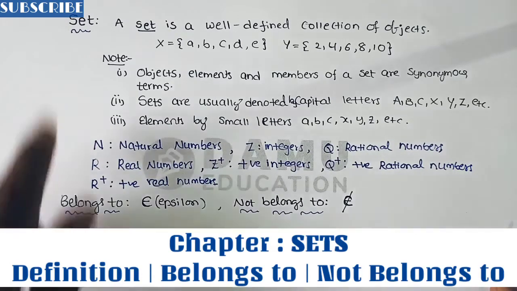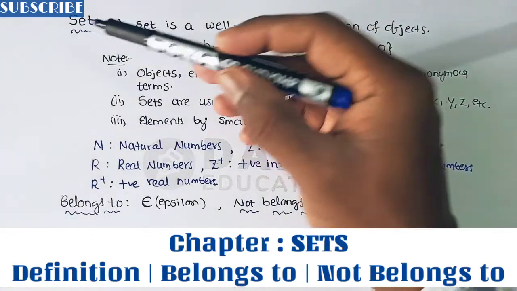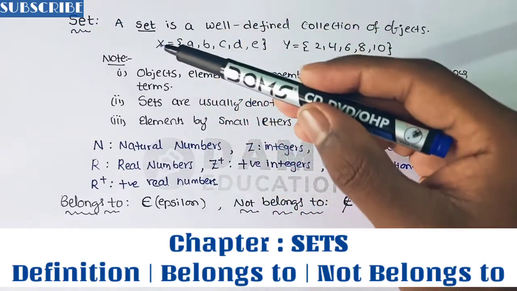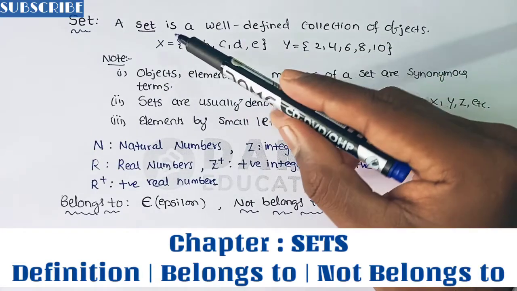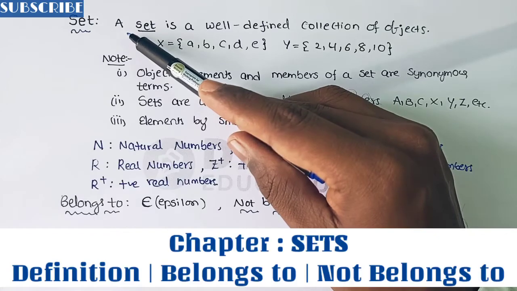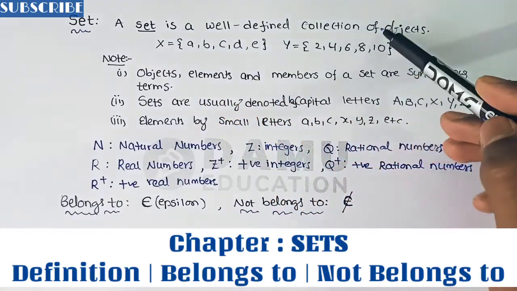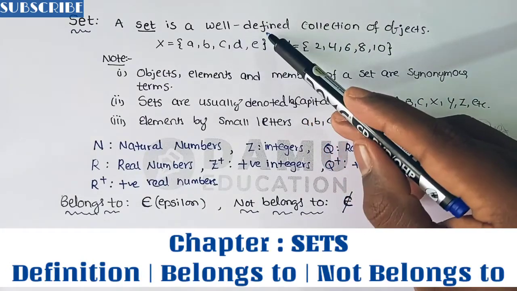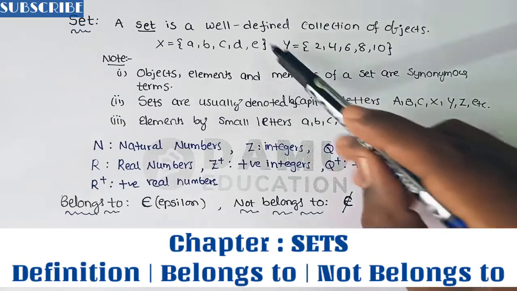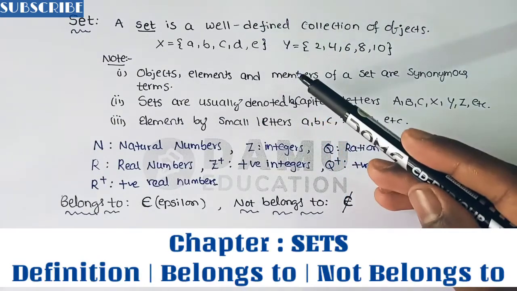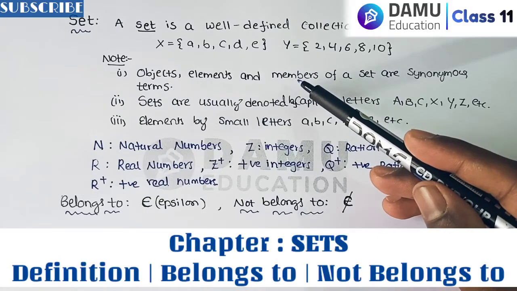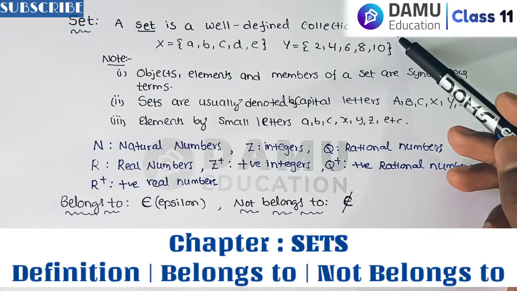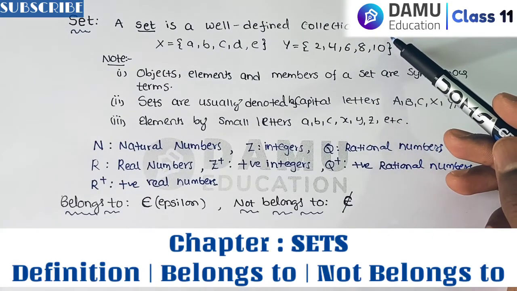So what is a set? As we already know from the English word, a set means one group. A set is a collection of some elements or objects, whatever they are. Here the definition is: a set is a well-defined collection of objects. We have to concentrate on these three terms. Well-defined means it is derived with certain conditions and rules. Collection means one group, a collection of objects. Objects means things, materials, whatever you have.